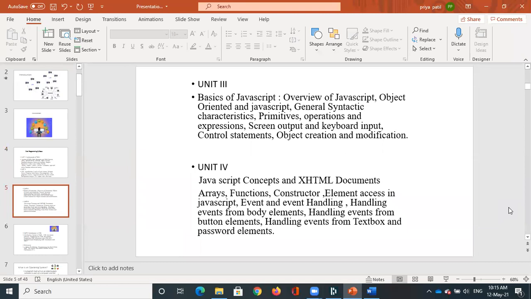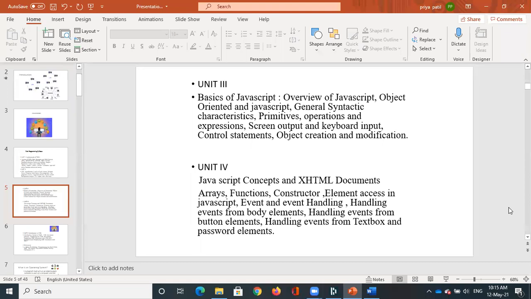Java is different from JavaScript. As the name suggests, JavaScript is a scripting language. We're going to study the basic things about JavaScript, how you can declare variables and so on. If you compare it with C programming, JavaScript is very, very simple. Why am I comparing all this? Because you have learned only C. So if you compare that, C is very